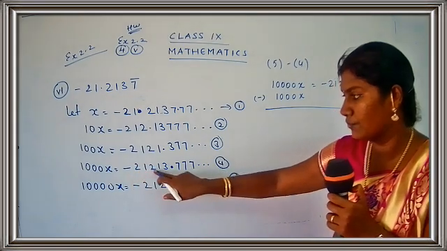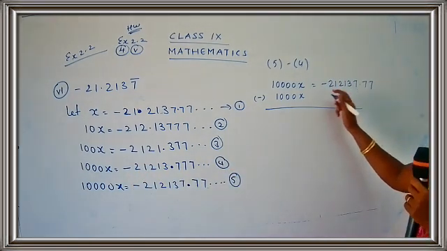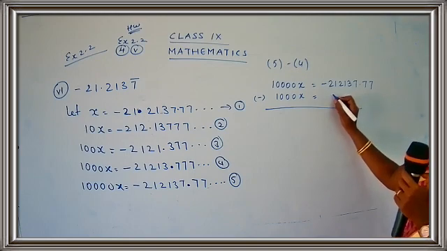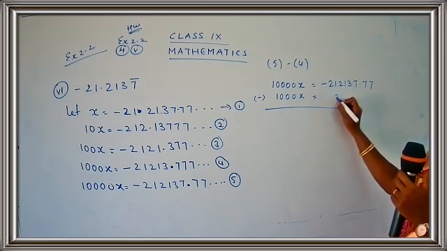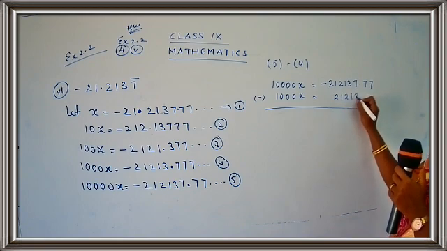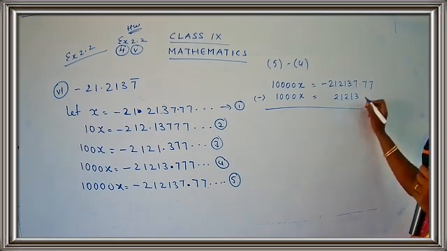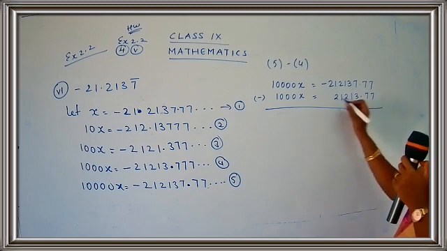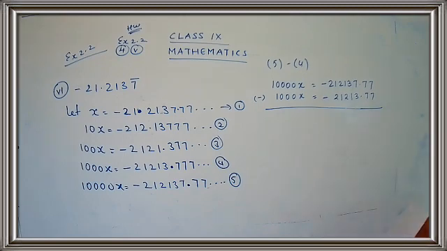And what do you get here? It's a 5-digit number: 1, 2, 3, 4, 5. Start from here. This is equal to 21,213.77. Again the sign is minus. You have minus sign, minus sign. Add the numbers properly, children. Do not make mistakes. Copy the numbers properly. Have you taken the numbers?